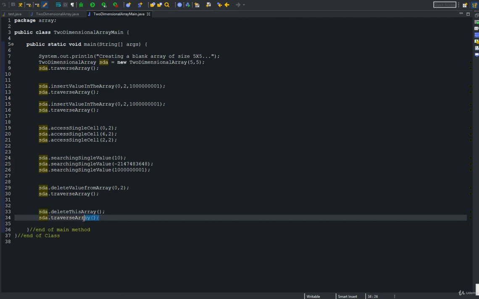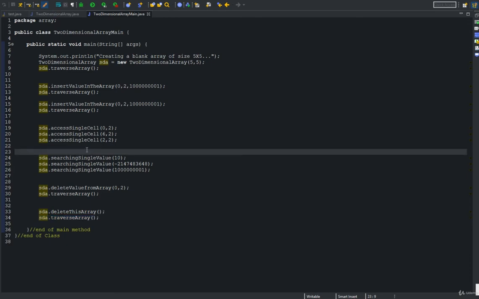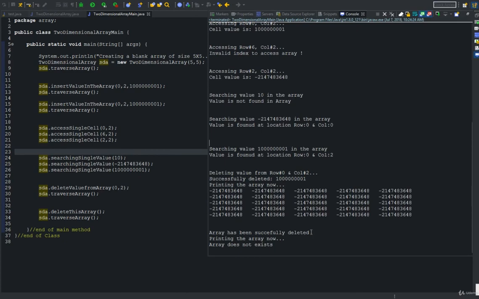So when we try to access the same array using the traverse array method, it should ideally throw an error saying that the array does not exist. Let's see how the output looks. As we can see here, it says array has been successfully deleted, and then printing the array now. When the array has already been deleted, nothing can be printed, so the system says array does not exist.